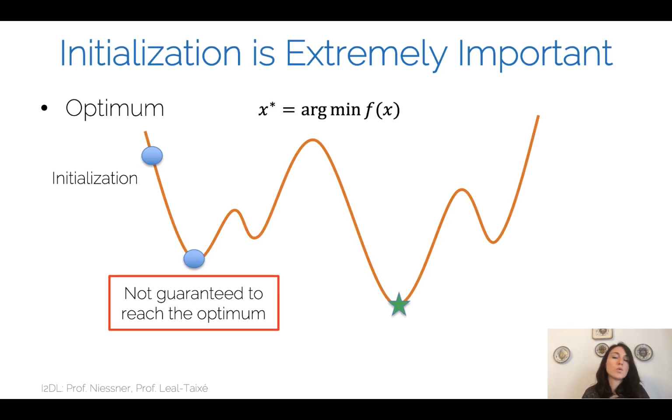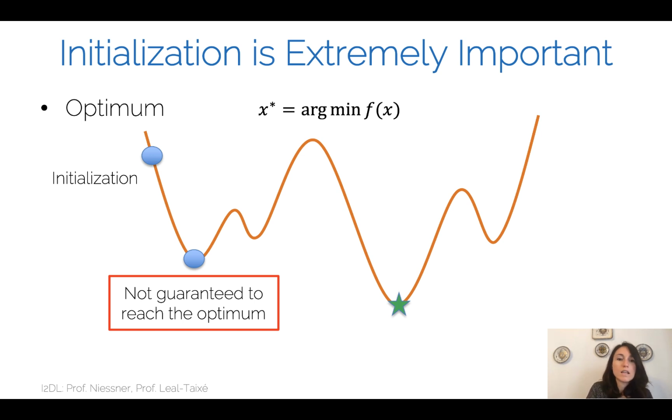We then moved towards initialization of neural networks, and we saw how initialization was extremely important in order for your neural network to train. And this comes partially from the optimization. So the optimization is a local optimization, which means that we're not guaranteed to reach the global optimum of the function. So the point where the algorithm actually tells us that there is the optimum depends highly on the initialization,